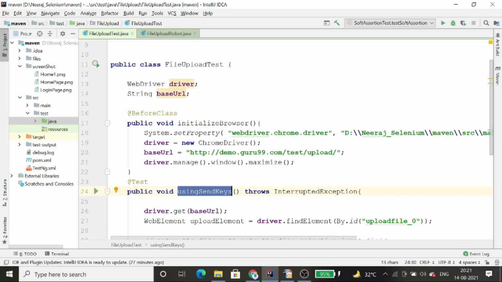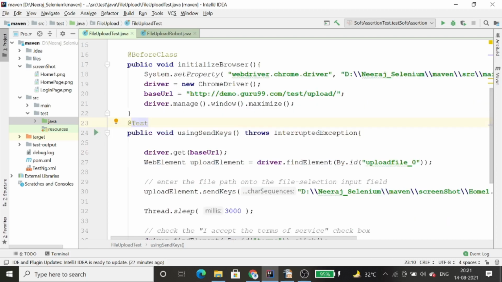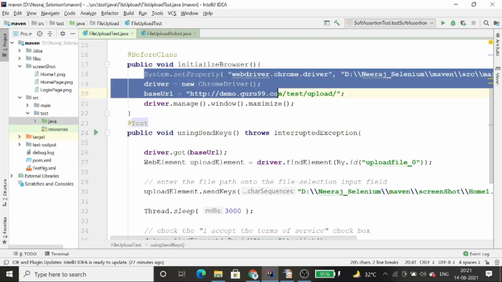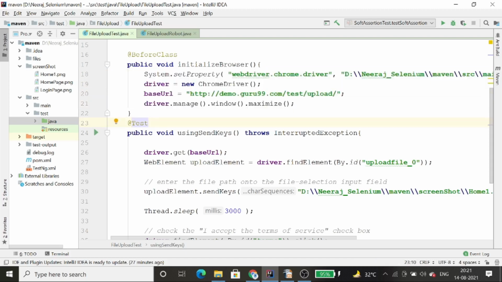So let's see the code for how we upload a file with send keys and the robot API. First let's see the send keys. Send keys के थ्रू हम फाइल को अपलोड कैसे करते हैं? So send keys हम तभी यूज़ करते हैं जब हमारे पास टेक्स्ट बॉक्स अवेलेबल है, राइट? Now what I have done here, basically first of all I have initialized the browser. Initialize करने के लिए सबसे पहले you need to set the property. After setting the property you initialize the browser on which you need to perform, right? So अगर आपको Chrome ड्राइवर पे करना है तो Chrome ड्राइवर, Firefox पे Firefox ड्राइवर, IE पे करना है तो IE ड्राइवर, राइट? So किसी पे भी यूज़ कर सकते हो.